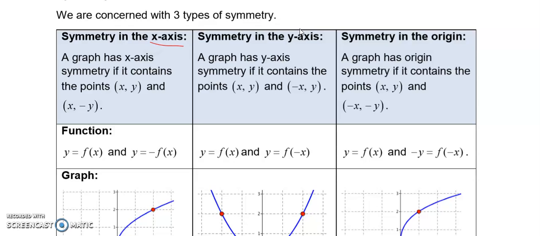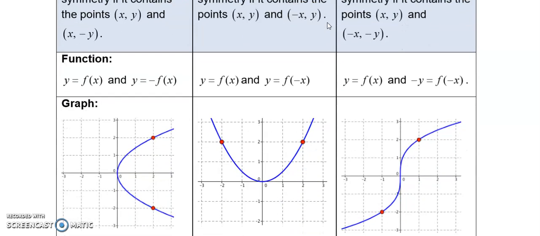Symmetry in the x-axis. You can also have symmetry in the y-axis, and it's also possible to have symmetry in the origin. Okay? Now, unlike the last section, you're not going to be creating new functions that have symmetry or that are reflected in the x-axis, y-axis, or origin. What you're doing in this section is you're going to be testing a single function, a function that you're given,